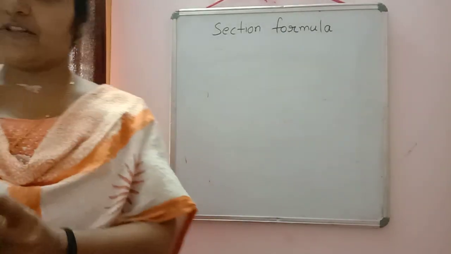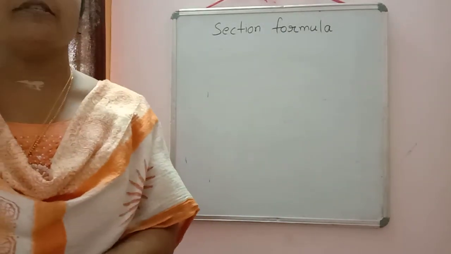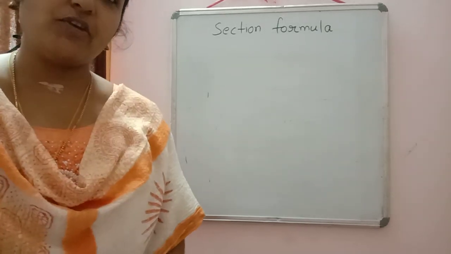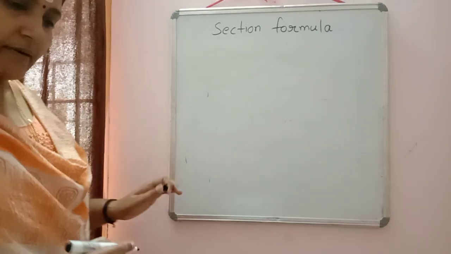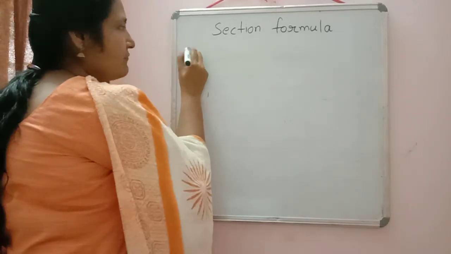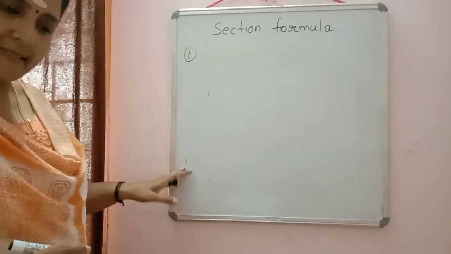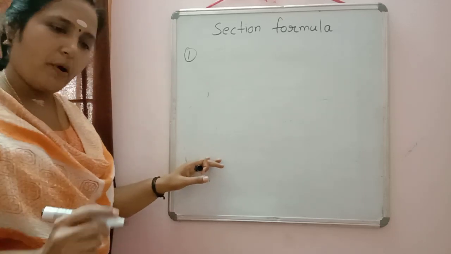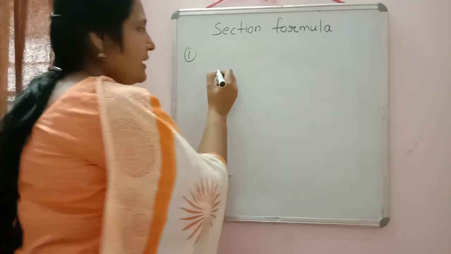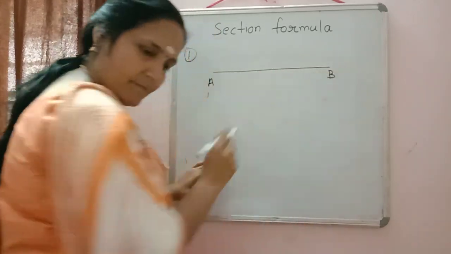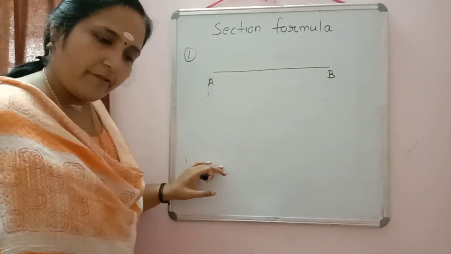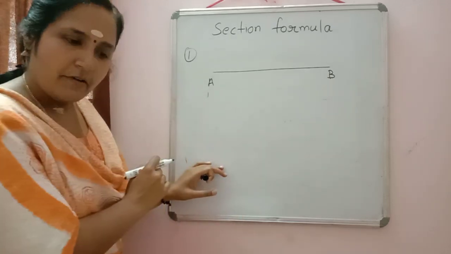Already the questions are with you. So I am reading the question and drawing the diagram, so it will be easy for us to calculate also. First one is: find the coordinate of the point which divides the line segment joining the points. Naming is not given, so we can give a name. Joining the points A, B. Always, whichever point is written first, that only you have to write first here.